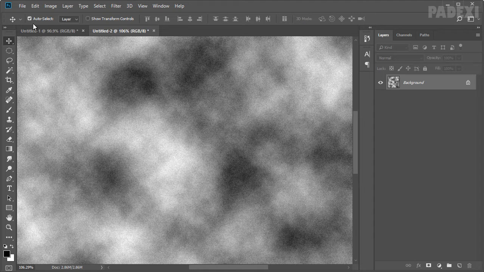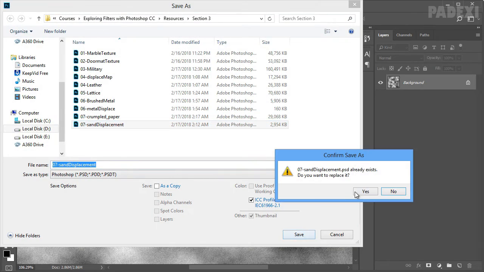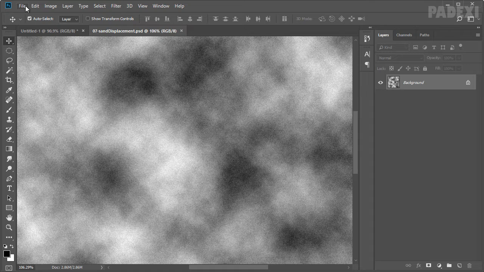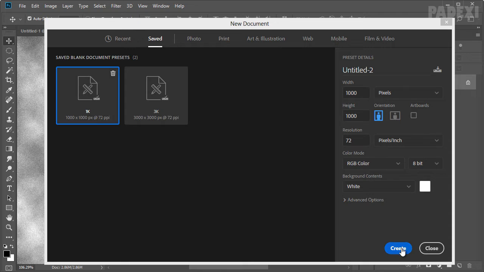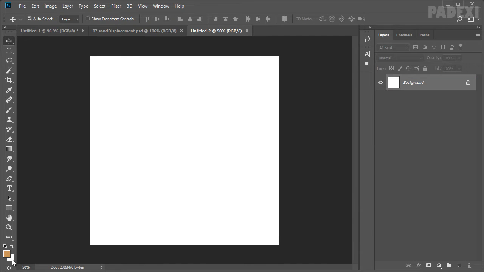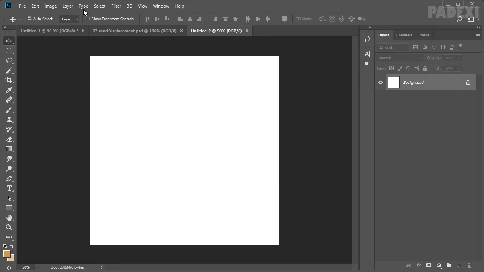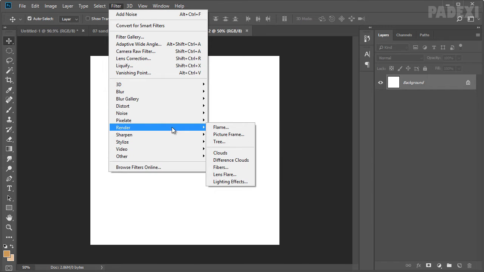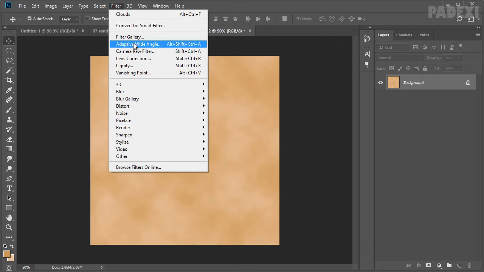So let's go ahead and save it. File, save as, and sand displacement. Now go ahead and create a new document. And then set foreground color to C99754 and background color to E6C09B. Okay, now go to filter, render clouds. Next filter we need to apply is texturizer.